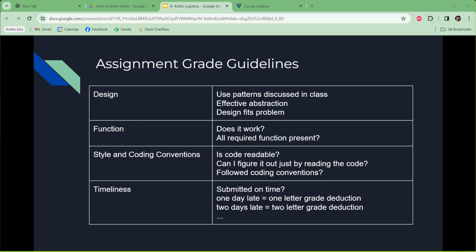Okay. Now, some of the grading guidelines that I use when I'm actually looking at your code, there's really 4 areas: design, function, style, and timeliness. For design, basically, I want you to use what I've told you and how I've told you to do it. You may find other ways of doing things online, but I'm going to be showing you certain patterns and certain ways of doing things. And those are what I'm considering best practices. And I want you to try to follow those rather than finding an example online